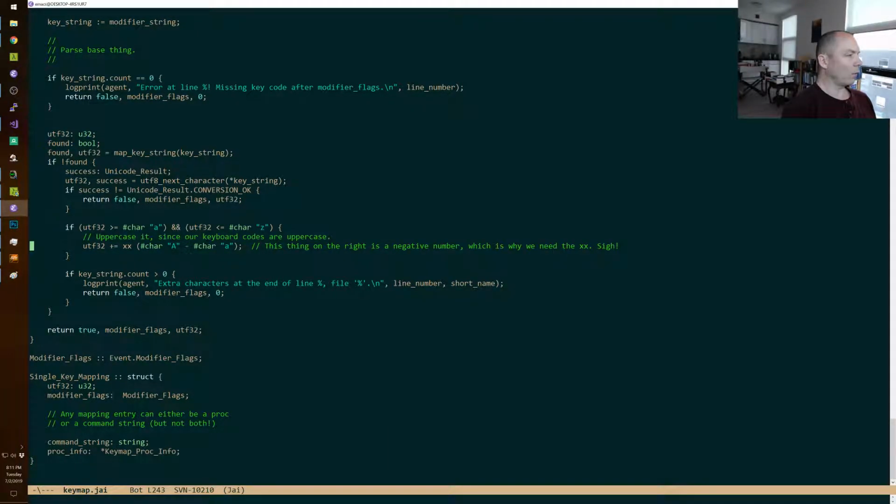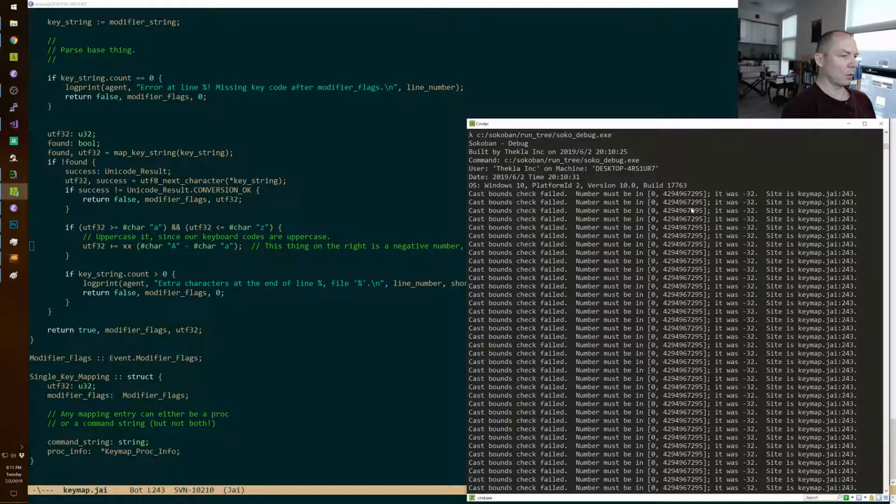Thing on the right is a negative number. Because we're using, okay.